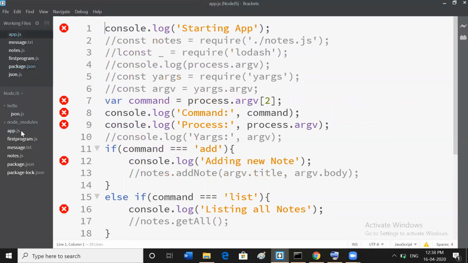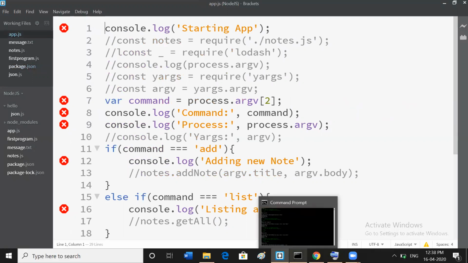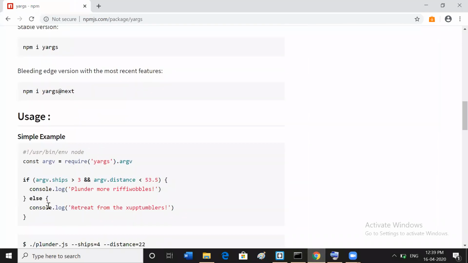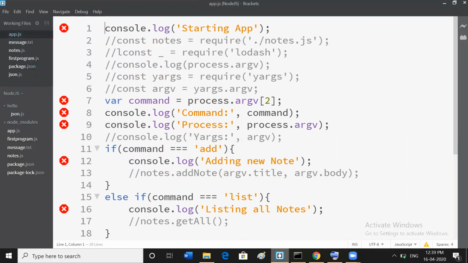Okay, go to the app.js. First, how are you going to access the third party library? Okay, go to that one. See here, const argv, argument vector, require yargs.argv. Likewise, we can access the third party library yargs, okay, using the argv, right? So what you will do, go to this one,